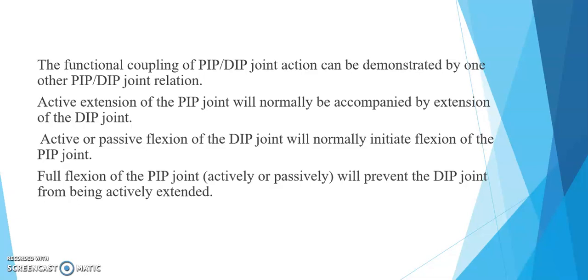You can tell this to anyone, but now you know the mechanism. After understanding all this, you know why this is happening, which muscles are actively participating, and which are passively participating. Structures like the juncturae tendinum, the extensor expansion, and the retinacular ligaments are all giving passive tension, and you have understood the mechanism.